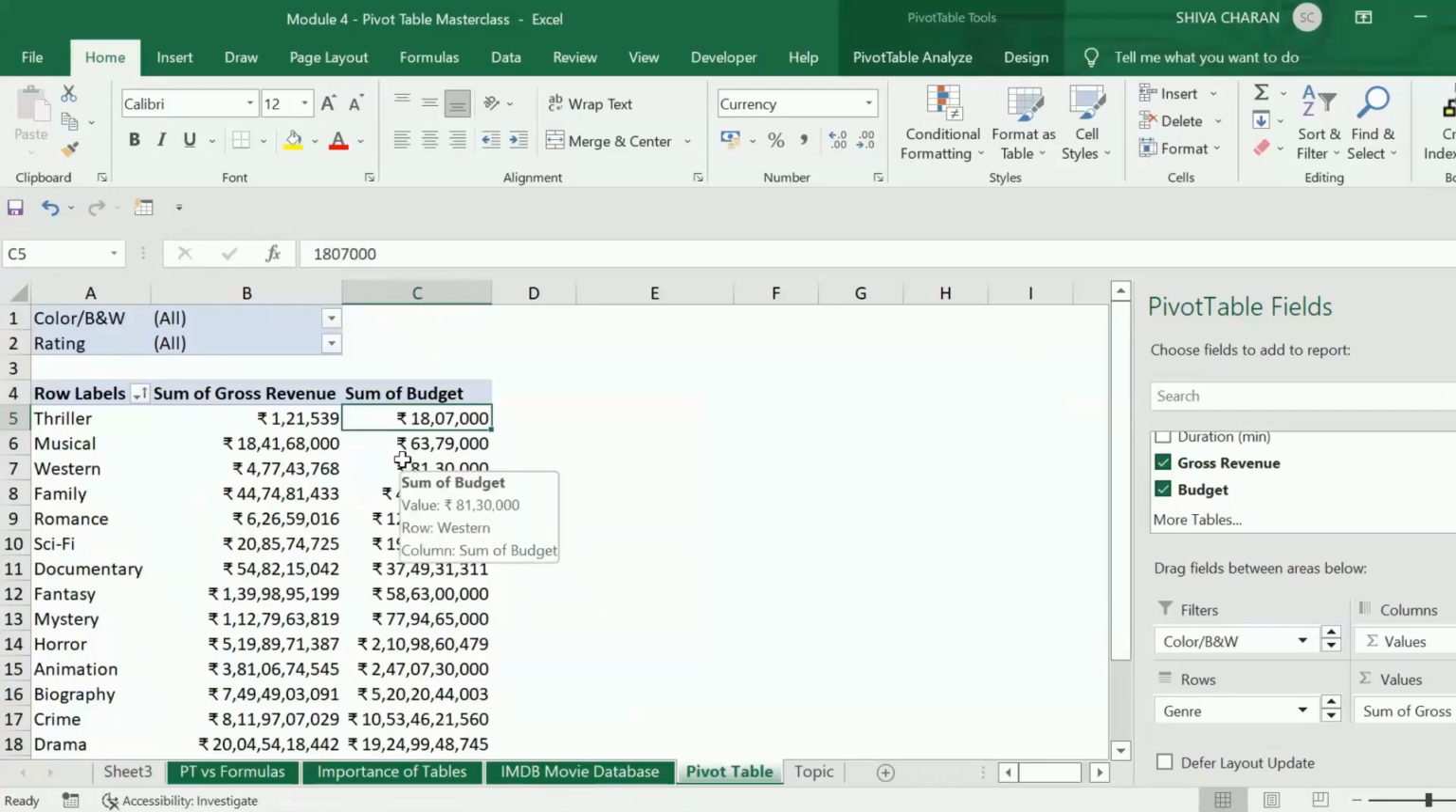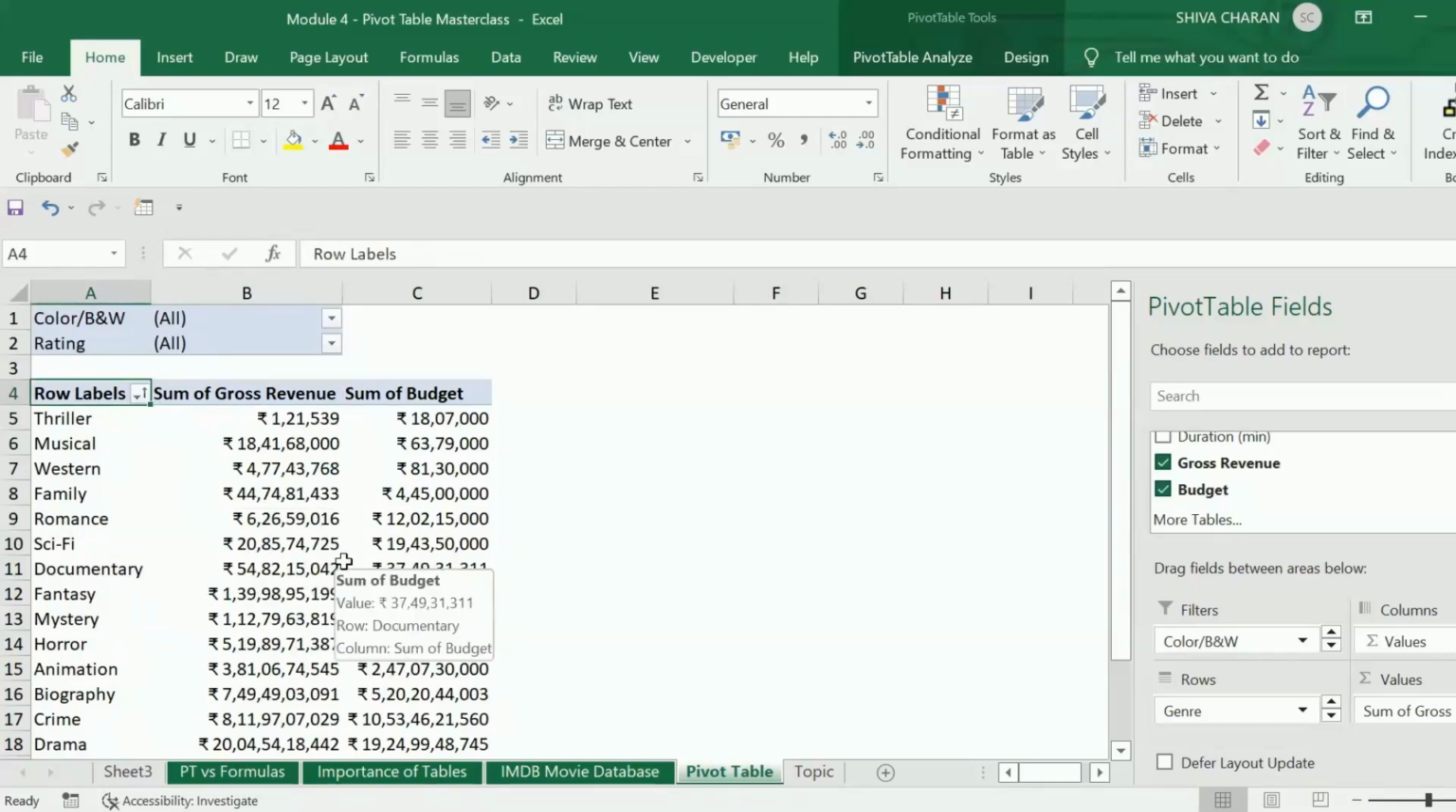So this is how you can apply the sorting. So this is a very long method of applying the sorting options. Now the simple method is,